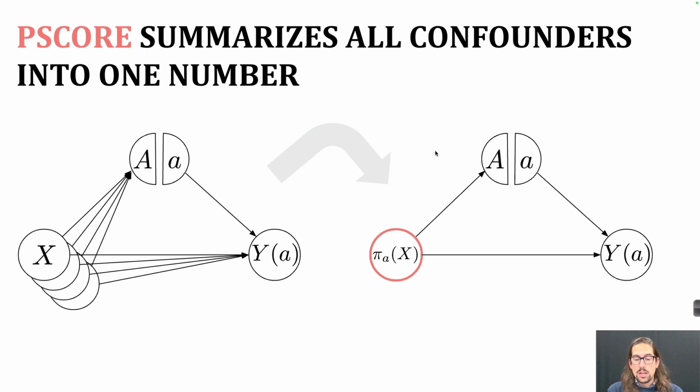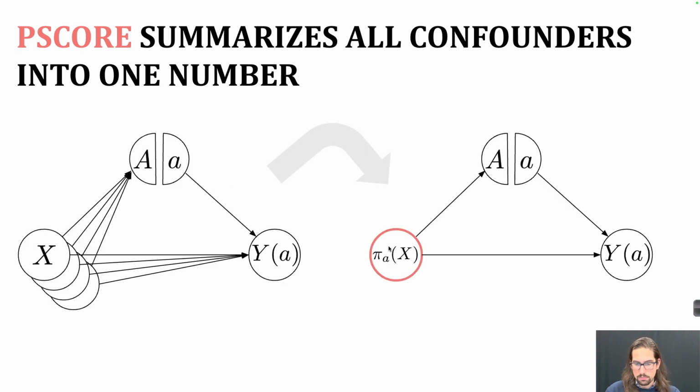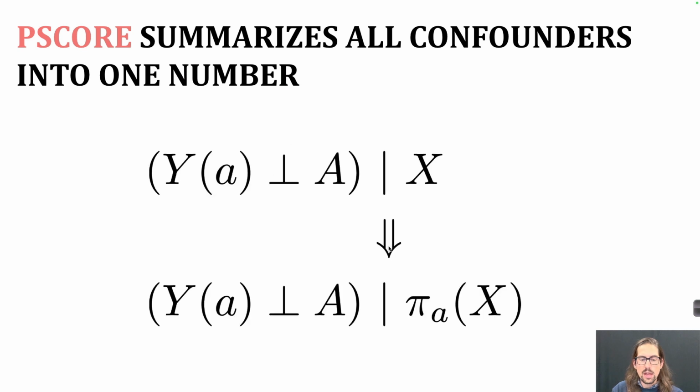What I'm trying to show here is that actually, if I just condition on the propensity score as a function of X, so here I'm just writing X, but it would be X1, X2, X3, and so forth, because I'm conditioning on all of those, I don't actually have to condition on all of these individually. I just have to condition on the propensity score taking a particular value, which is very interesting. And so this is how you write it in DAGs. Mathematically,